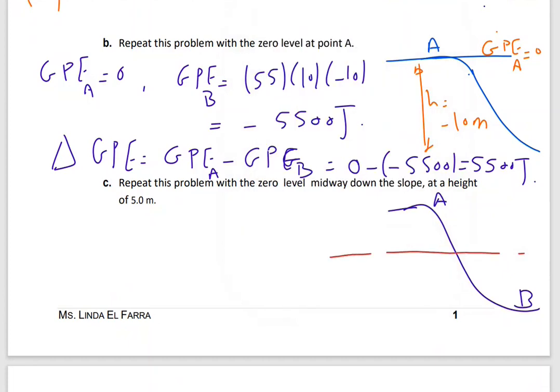In the middle, the gravitational potential energy is zero. So up, I will have positive 5 meters, and down, I will have negative 5. So the gravitational potential energy